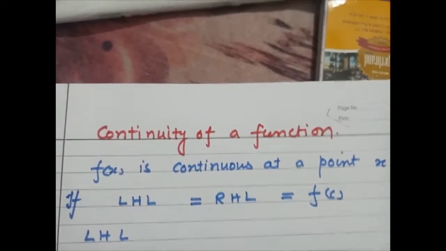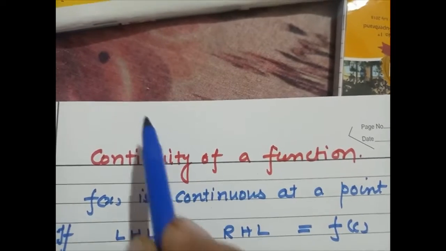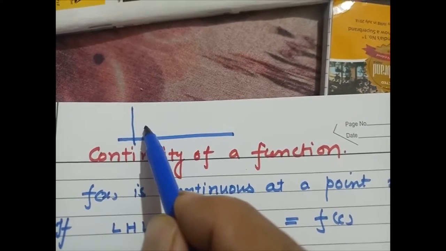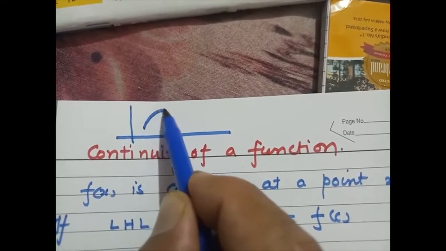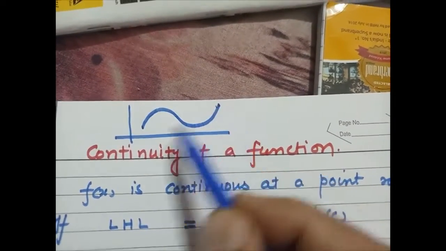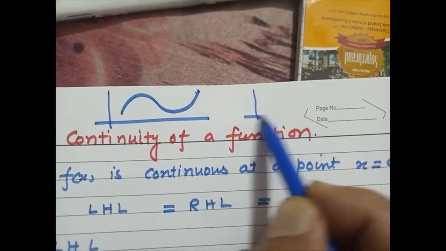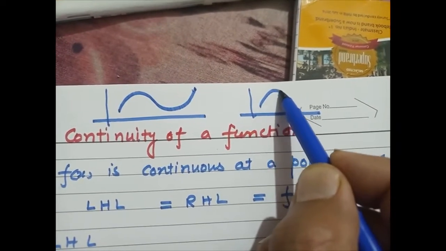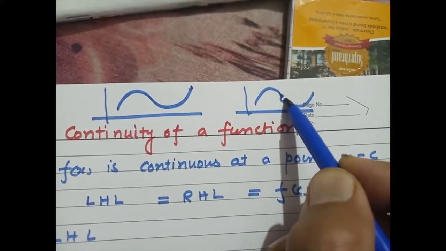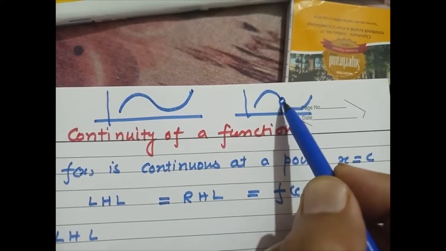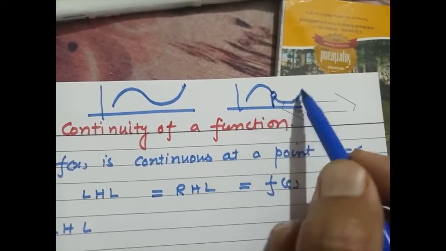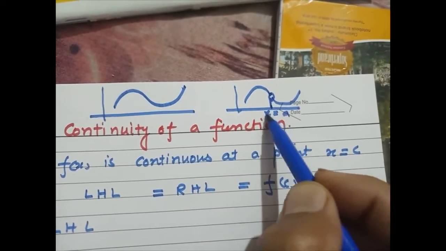Now we come to the topic continuity of a function. For the graphical representation, a function is said to be continuous if we sketch the graph of a function without lifting the pen. This is a continuous function. Whereas if I plot the graph of this particular curve here, and then I lift the pen, there's a slight gap here or hole here. So that means the curve is not continuous at this particular point. So this is a discontinuous curve at x equals to point A here.